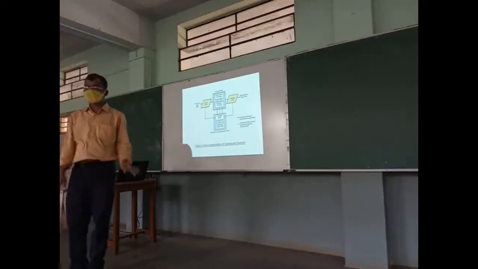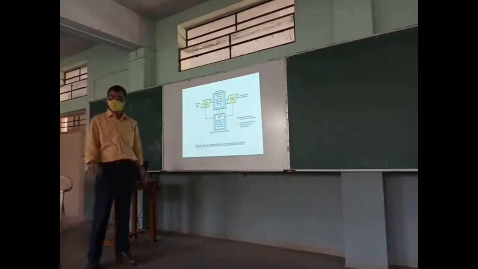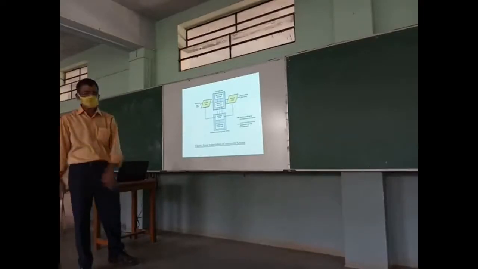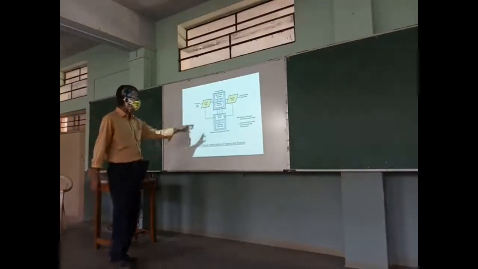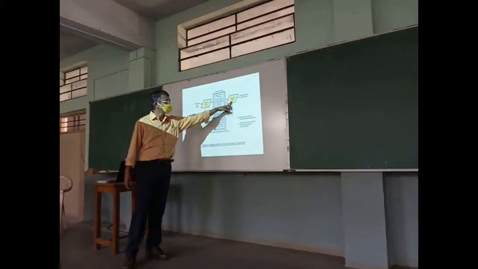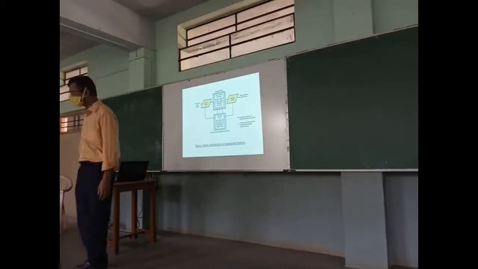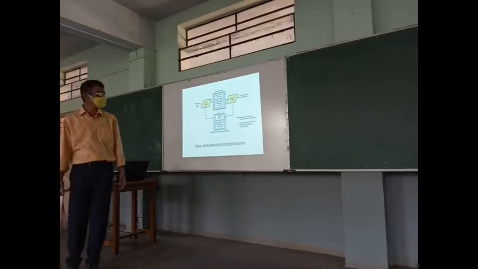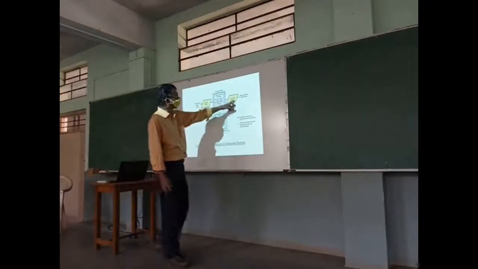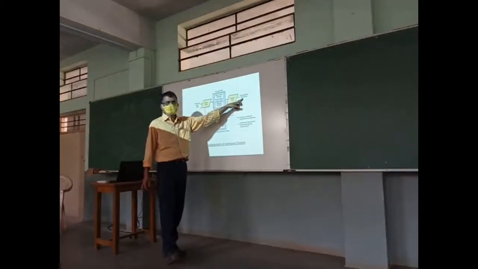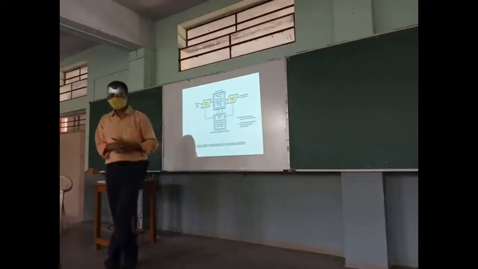We will be using a keyboard as an input unit. There is a mouse which will help you to point. There is an output unit, which in your case is a monitor. So this is an output unit, and this keyboard is an input unit. Output units make information or the results available to the human being.